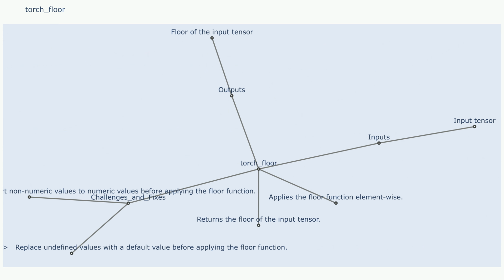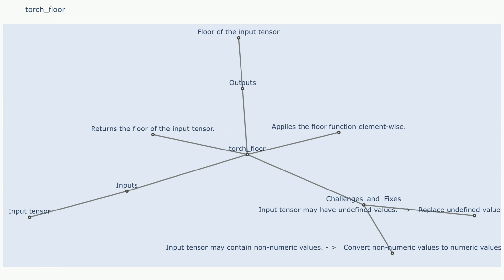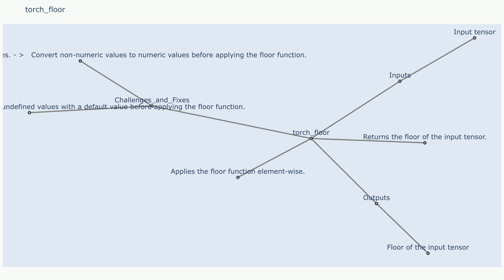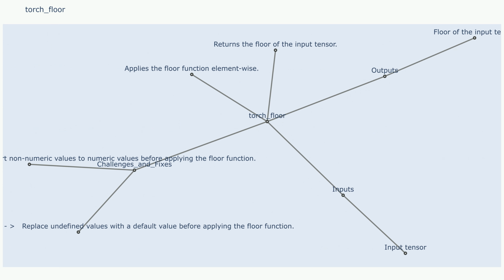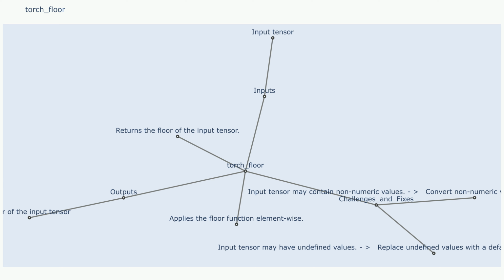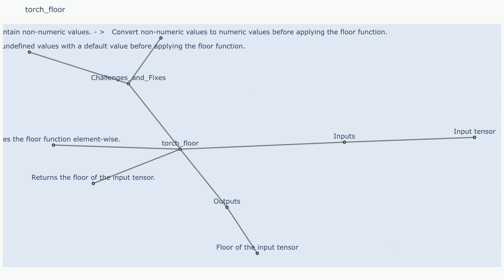Challenges and fixes. Challenge 1: data type issues. The floor function only works with numerical data types. If the input tensor contains non-numerical data, e.g., strings, it will raise an error. Sample use case that resulted in challenge 1: torch.floor(torch.tensor(['hello', 'world'])). Fixes to challenge 1: convert the input tensor to a numerical data type before applying the floor function. For example, torch.floor(torch.tensor([1.5,